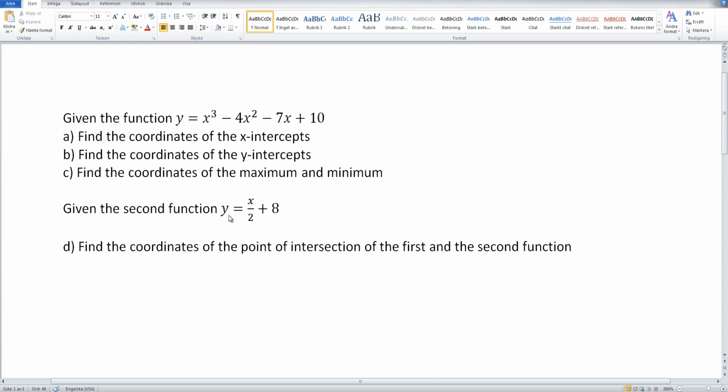And then another function, y is equal to x over 2 plus 8. Then we're going to find the coordinates of the point of intersection between this function and this function in the graph. So let's start by